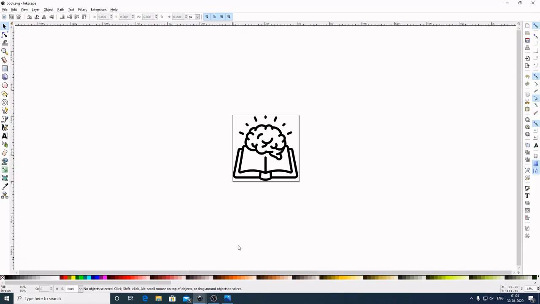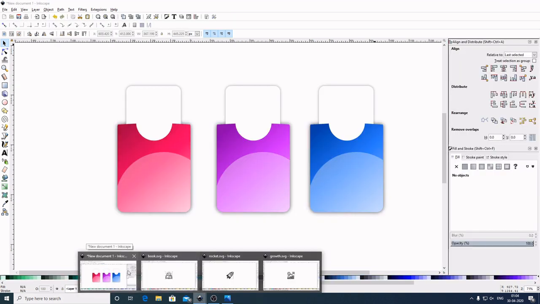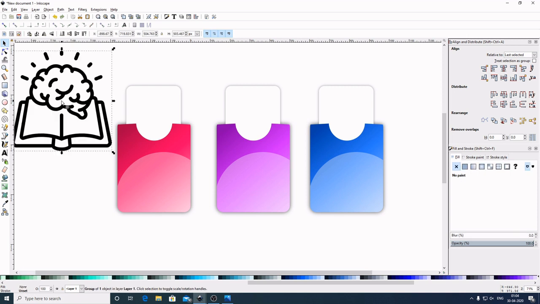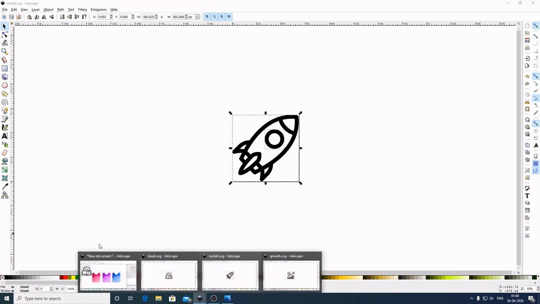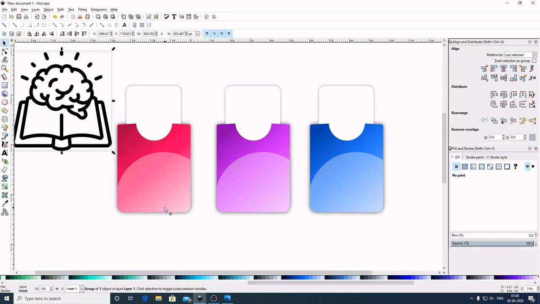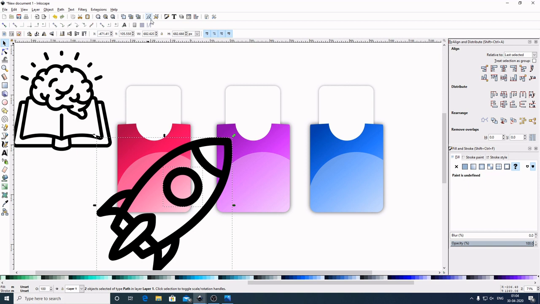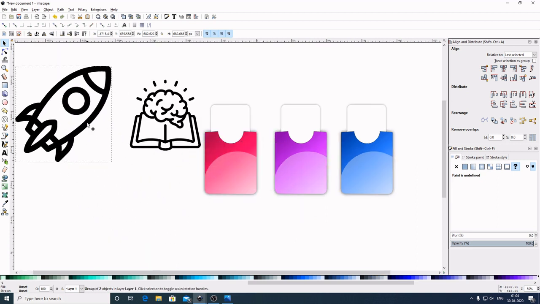Now open the Inkscape. Now I will drag over this whole, right click, copy, come here and select open up our file, right click, paste. Now again I will open this one, I will drag over this whole. We can use the keyboard shortcut to copy paste. To copy I will hit Ctrl C. Now come here to our graphic designing and hit Ctrl V to paste it here. Now come up here and group this selected object. Now I will zoom out a little bit, bring this here to the right side.